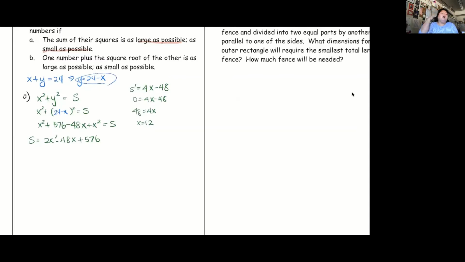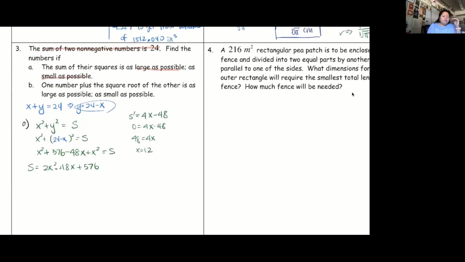So, do we know if this is a max or minimum? We don't. But in this particular case, you have endpoints, because it's saying that the sum of non-negative numbers, I can't have any negative numbers. So the smallest number my number can be is 0. The biggest number that it can be is 24, because 0 plus 24. Those are your two endpoints, right? So again, you have to read the problem and see what is logical to you. So the smallest number that x can be, not the sum, the smallest number